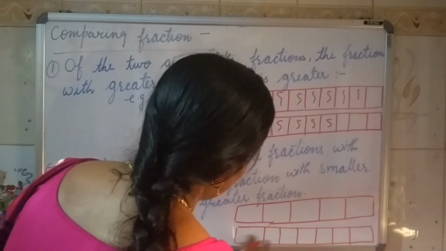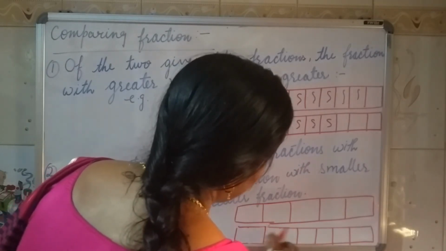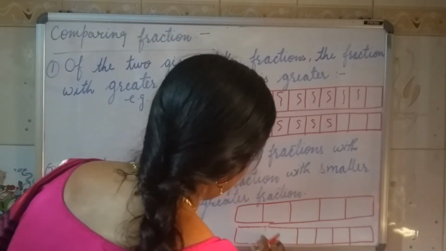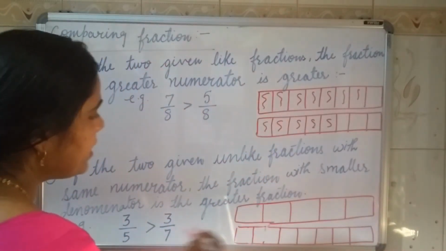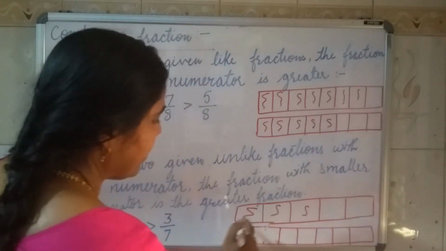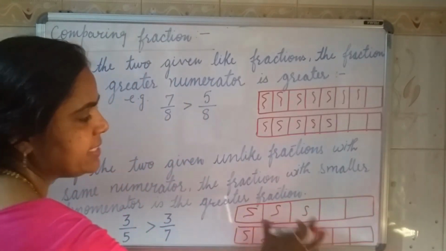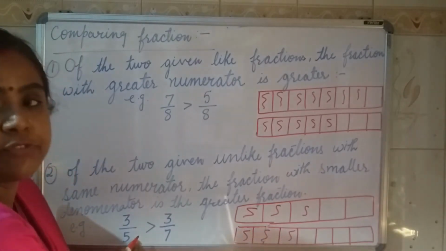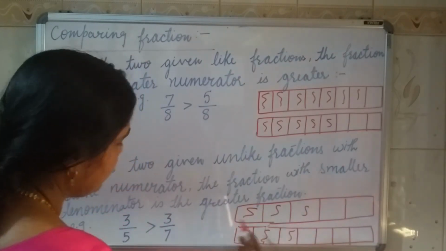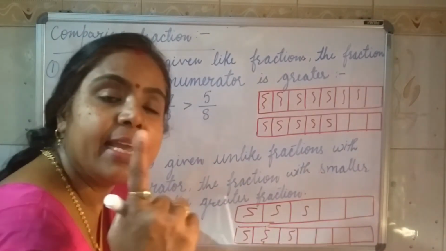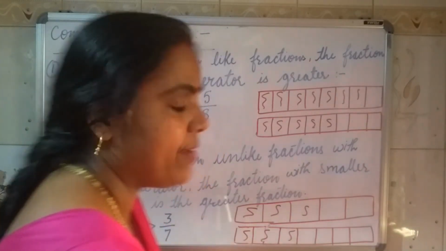These parts are a little small. One, 2, 3, 4, 5, 6. 1, 2, 3, 4, 5, 6, 7. Okay. Now, first one I have to take 3 parts out, because 3 by 5 is the fraction. And second one again is also 3 by 7. So if you see from the picture, first one I divided into 5 parts because denominator is 5. Second one I divided into 7 parts because denominator is 7. And from the picture it is clear to you, the smaller denominator is the greater fraction. See, the value of 3 by 5 is more than the value of 3 by 7. Okay.